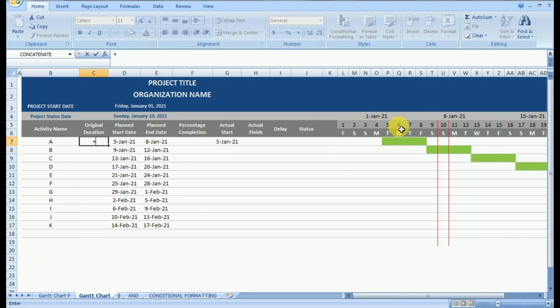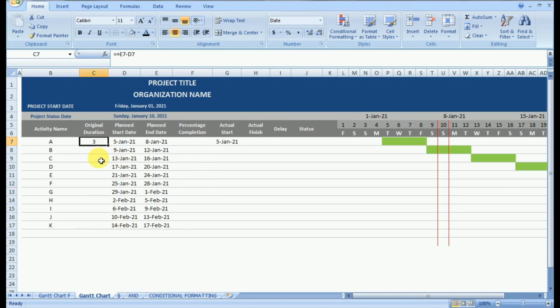Now one thing you observe, activity A is starting on 5th and completing on 8th, so it's a 4-day activity. So when I subtract the planned start date from the planned end date, I will get the value, which is 3rd January. First I'll change the format to number. Then I can remove the additional decimals.